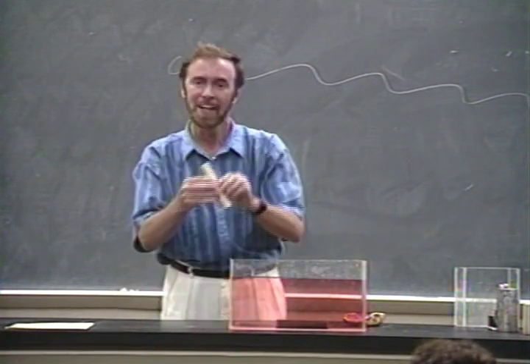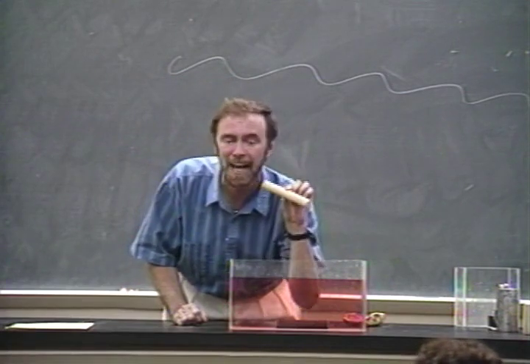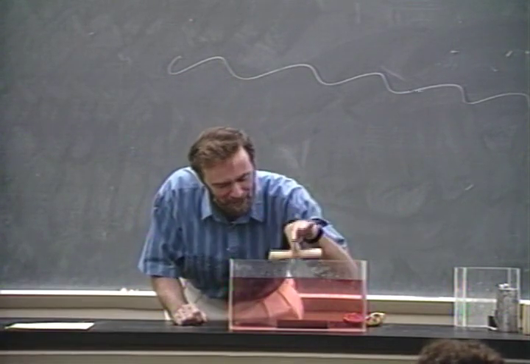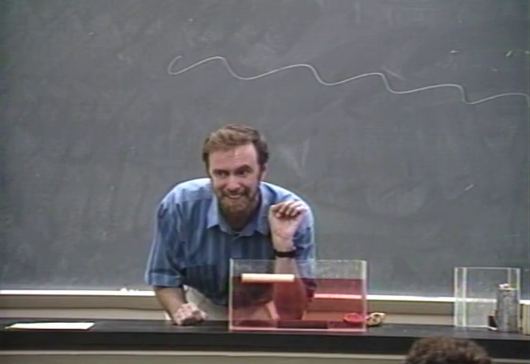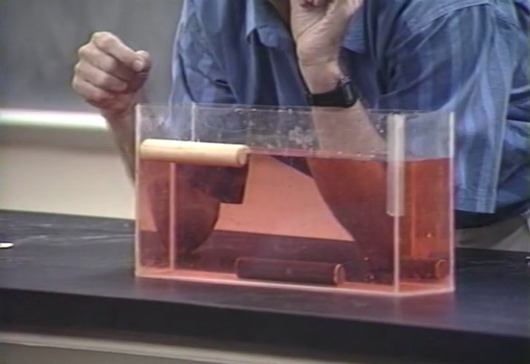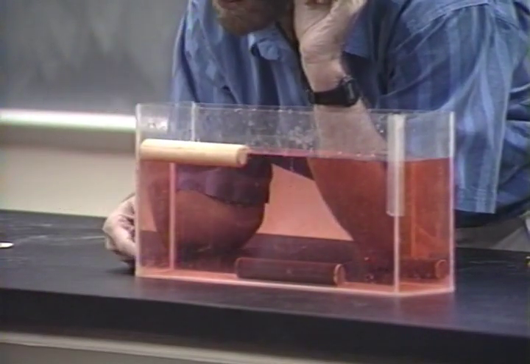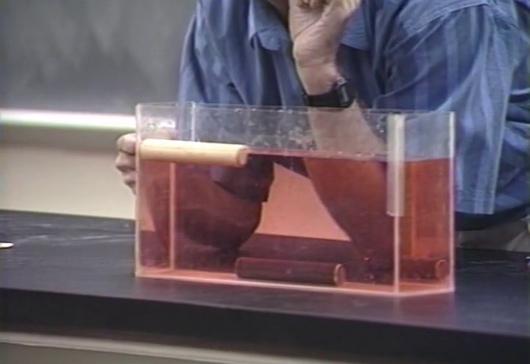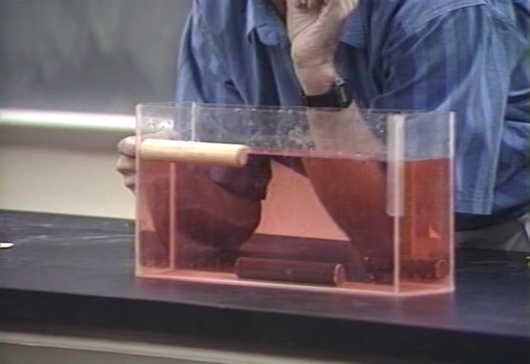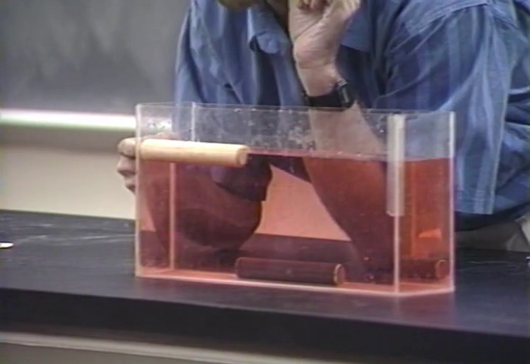How about this piece of wood? This piece of wood has the same size, the same volume. I'm going to put that in. People say, oh, there's a buoyant force acting on the wood. Some people would say the fact that the iron sinks and the wood floats is evidence that there's more buoyant force on the wood. To that, you would agree or you would disagree.